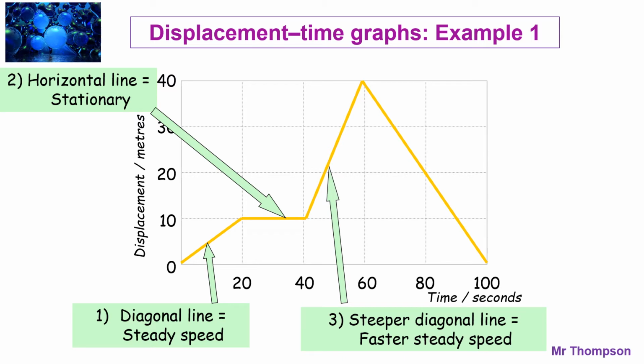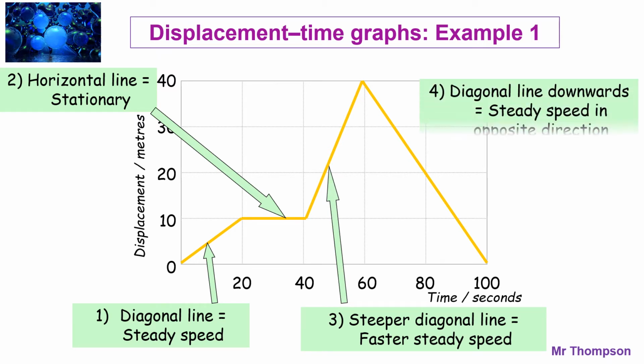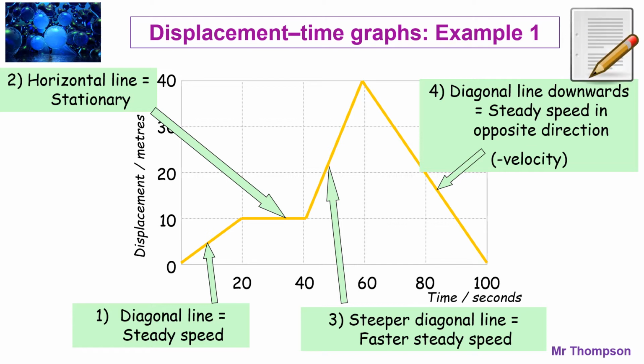A steeper line means a faster steady speed, and a diagonal line going downwards would mean a speed in the opposite direction. You can still calculate the speed, but if you were to calculate the velocity, this would be a minus number showing it's going back, and that person would arrive back at zero at this same place he started with, so his overall displacement would be zero. So if you want to sketch this in your book,